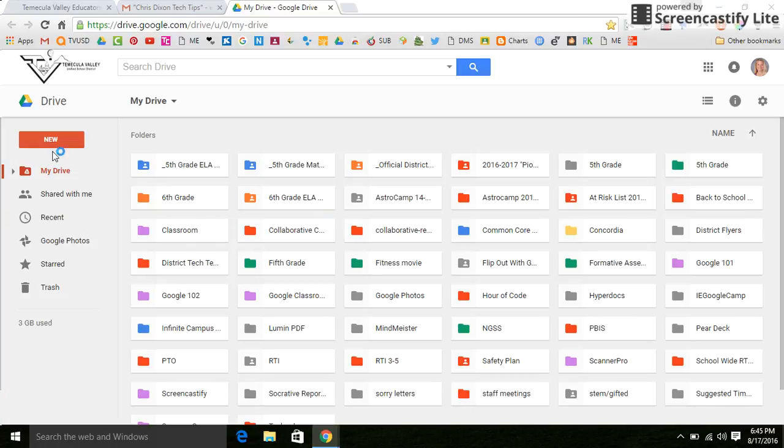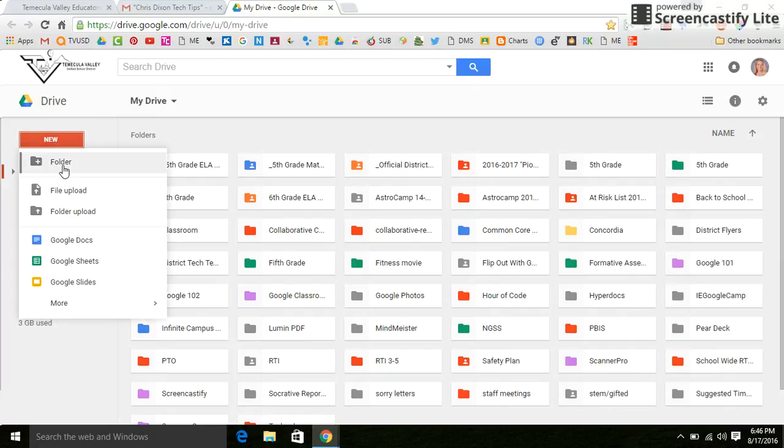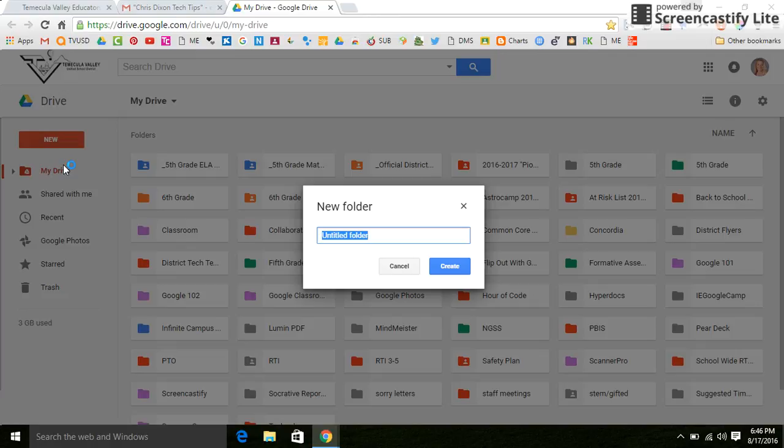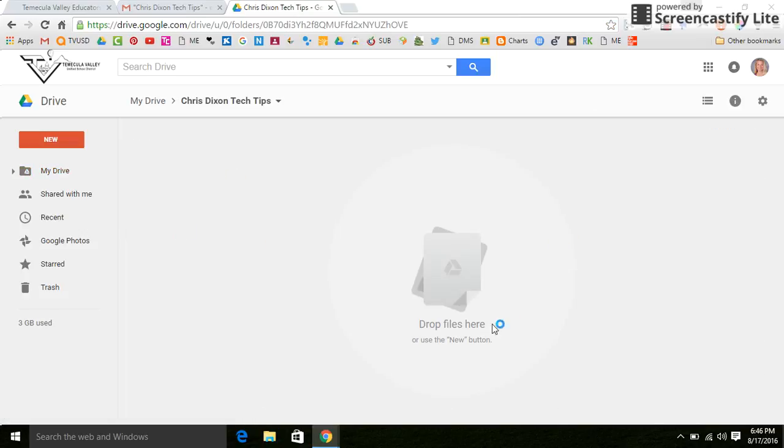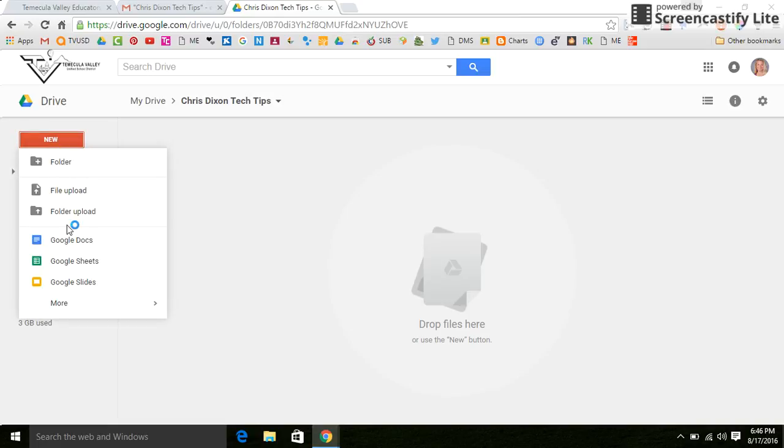I'm going to create a new folder, and I'm going to call it the same thing as in my Mail. I'm going to click on New, and I'm going to create a new folder. And I'm going to call it Chris Dixon Tech Tips. I'm going to click the blue Create button, and there it is, right there. And if I click on it right now, there's nothing in there. So I'm going to go back to, you know what I'm going to do? Before I go back to the Mail, I'm going to click New, and I'm going to create a document,